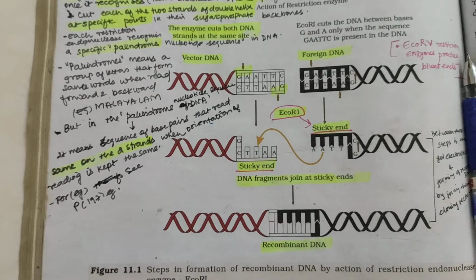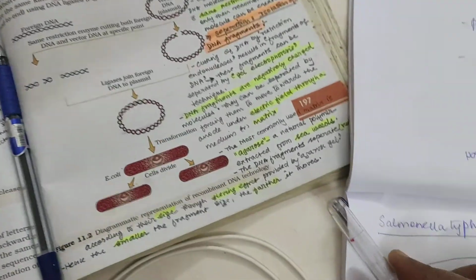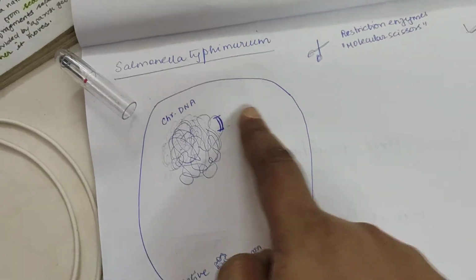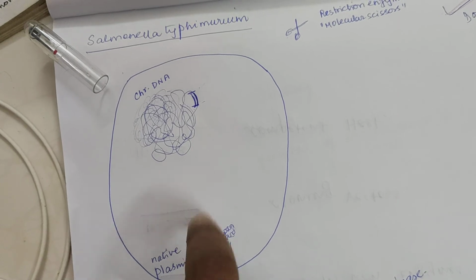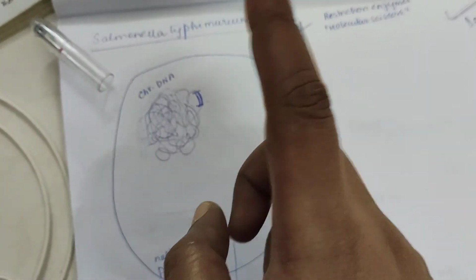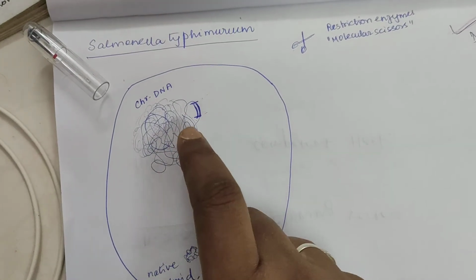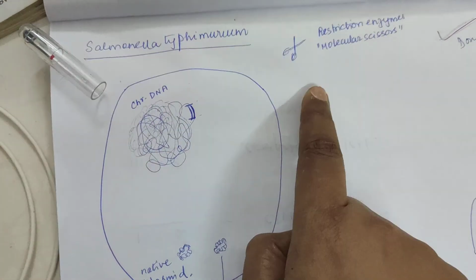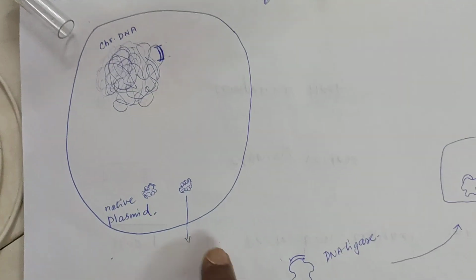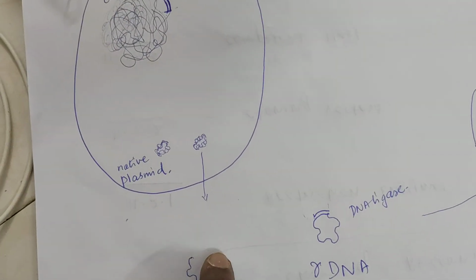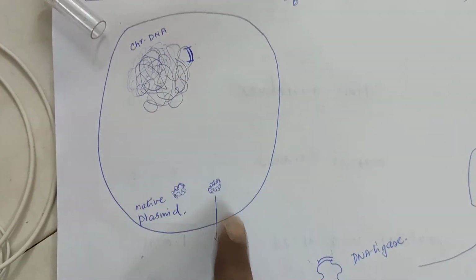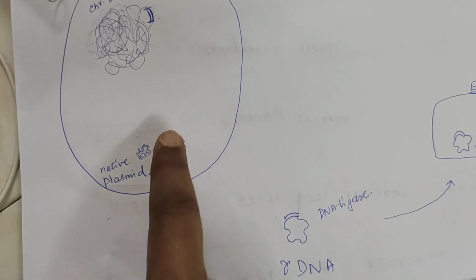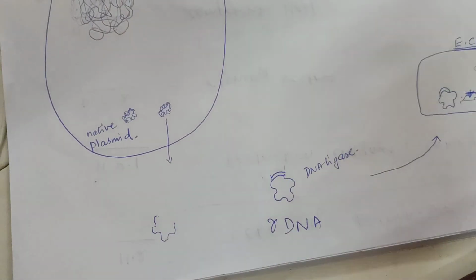One more thing I want to show. That time we had shown Salmonella typhi, that cell had a chromosomal DNA, and the plasmid also, the native plasmid, the first recombinant DNA which those two scientists created. They used the same restriction enzyme to cut the chromosomal DNA as well as the plasmid DNA. The plasmid DNA also has to be cut with the same restriction enzyme. Then only it will identify the palindrome and cut correctly there, so that there will be sticky ends, and they can get stuck together and form a recombinant DNA. So this is all about